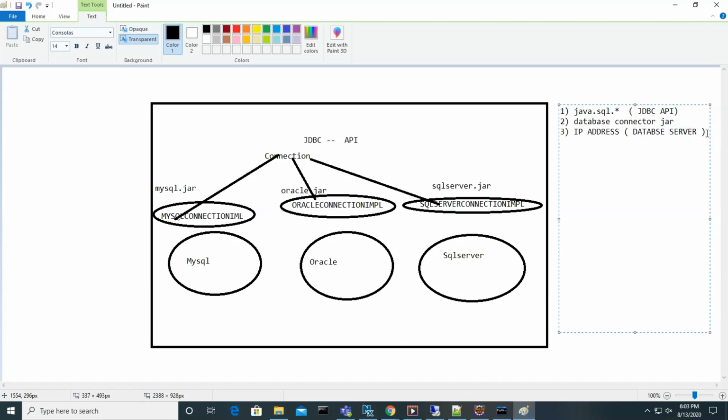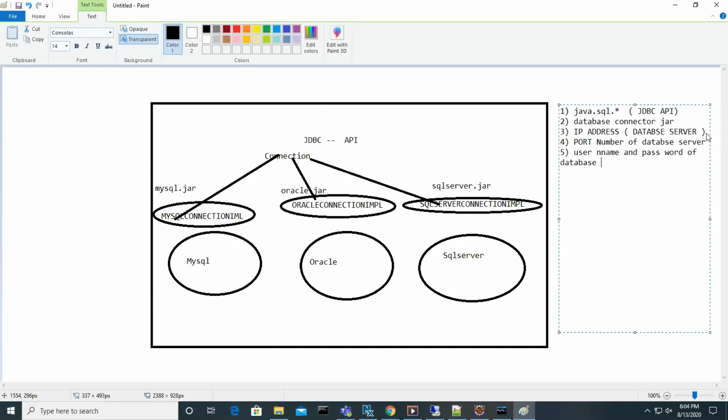So what are the things you needed for the JDBC program? I'm just explaining you, guys. And the port number of the database server. You know, guys, how to get the port number? When you install, you have to give one, or by default you will get something. You can continue with that, or else you can give your own. Yes, sir. And the IP address and port number we needed, and the username and password of the database also.